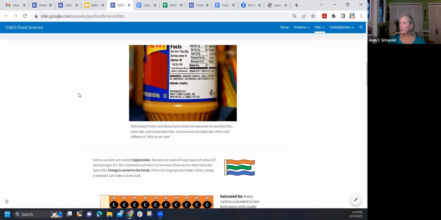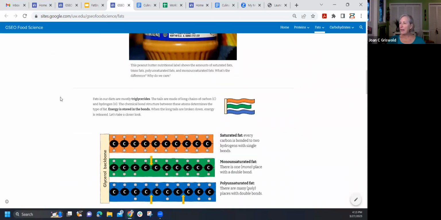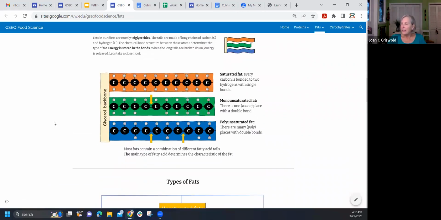So students do a little label reading, and then they learn about the difference between saturated, mono, and polyunsaturated fat. And they're all made of carbon-hydrogen chains. It just has to do with how the carbons and the hydrogens are linked together. So a monounsaturated fat has 1, i.e. mono, place where there's a double bond. Polyunsaturated has 2 or more places where there's a double bond in these very long chains